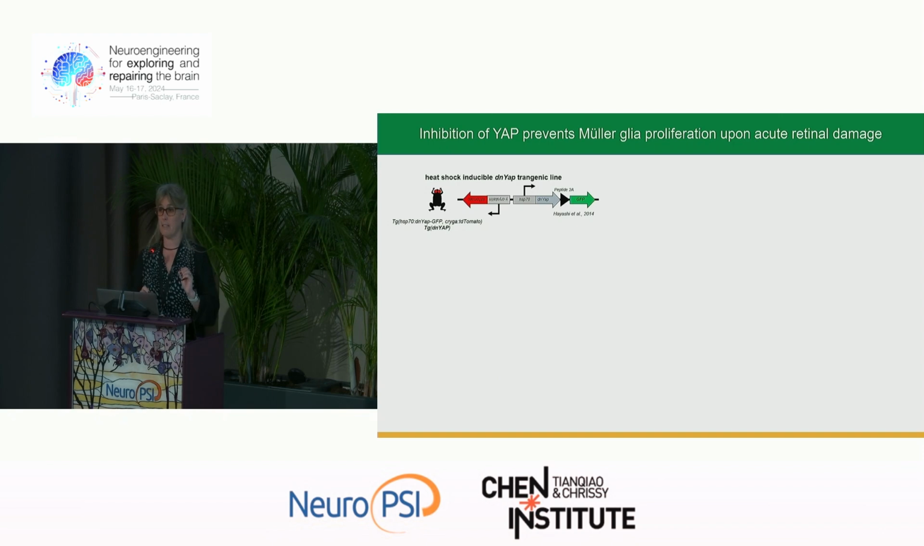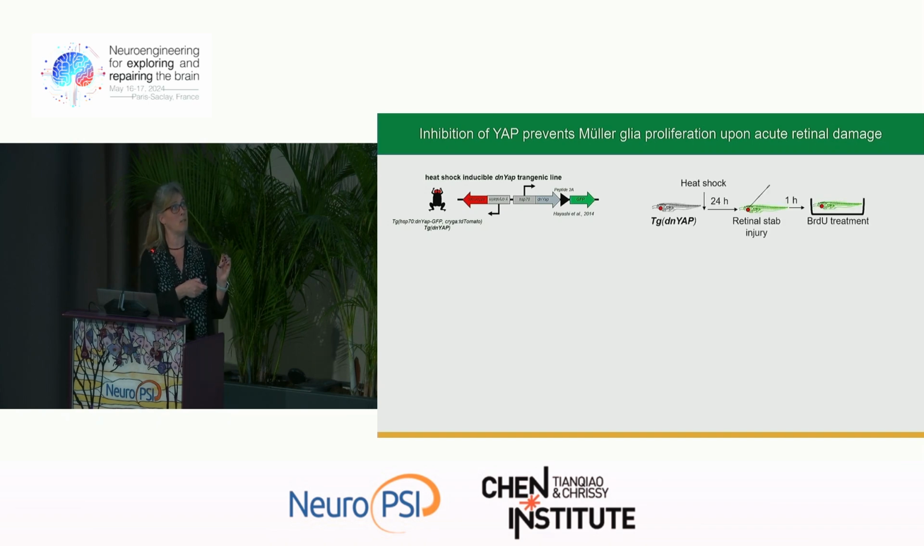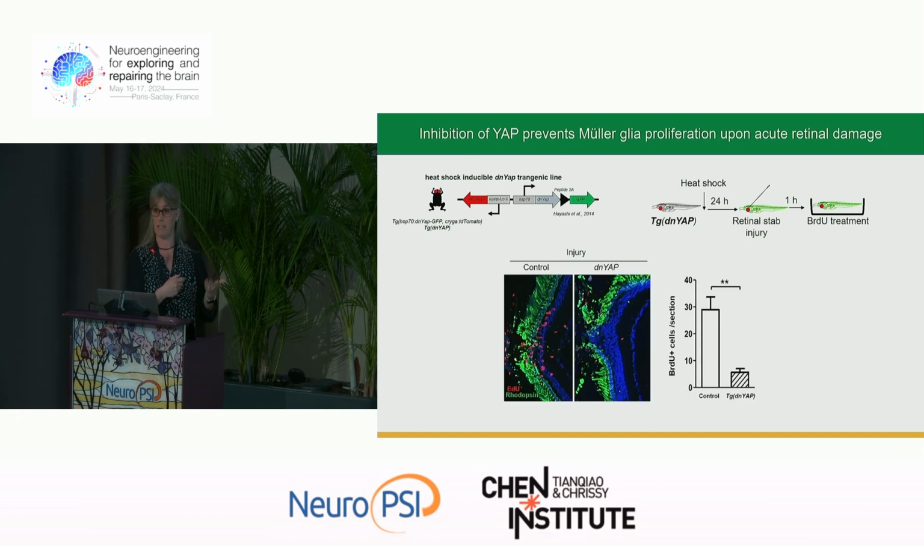So to address this question, we do what we usually do in our field. We try to eliminate this gene and look at the impact on the regenerative capacity of the retina. And so we took advantage here of a transgenic line that allows for conditional expression of a dominant negative form of YAP. And so we combine this transgenic line with a retinal injury, and we analyzed Müller cell response to